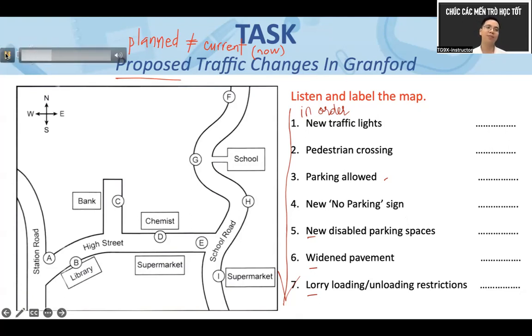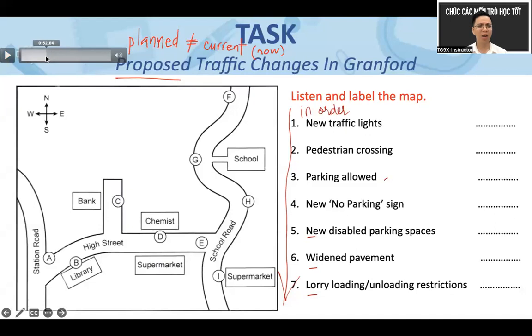Nào quý vị nghe kỹ là. There, but not at the other end of the high street. Allowed on the high street outside the library, but we are going to change that. Yeah, bây giờ thì không cho đổ nhưng mà but we are going to change that, tức là đổi lại là cho đổ. Mình phải suy ra thôi, mình phải infer thôi, chứ nó không có obvious. Allow parking there, but not at the other end of the high street. Đằng sau cái chữ change that nó có cái chữ allow parking there rồi đó các bạn. Nó đã có cái clue rồi đấy ạ. Nào nghe kỹ lại lần nữa. Change that and allow parking there.